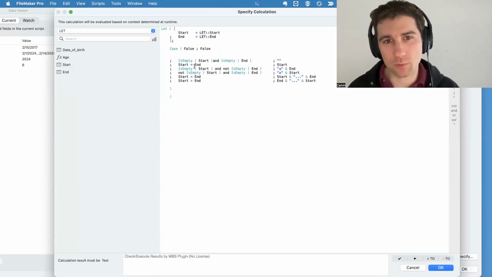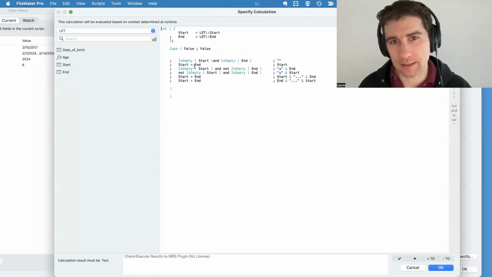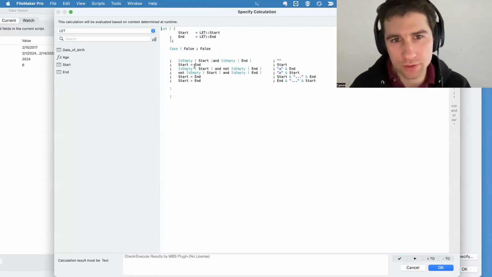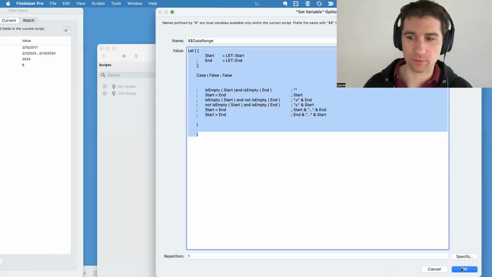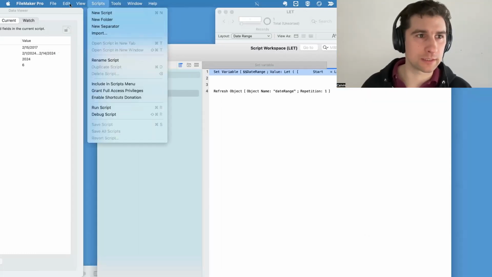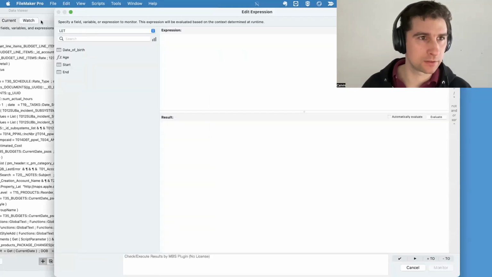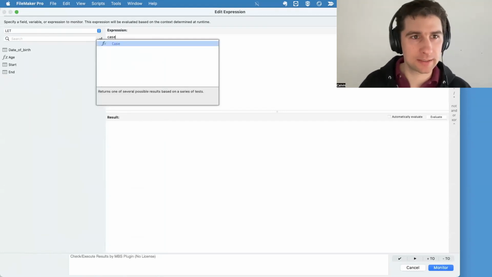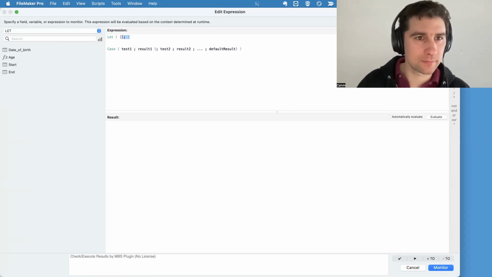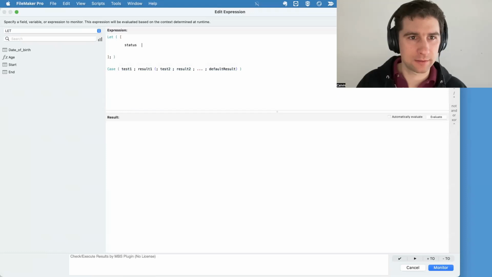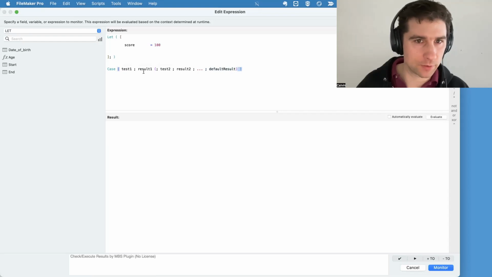So if, say, you're testing to see if a number is over a certain amount, like a status, let's just write one real quick. I'm just going to use the data viewer, go back to watch, and here we'll say case, and we'll use our let statement to get in here. Let score equal 100%. And then here in the case statement, we're going to say